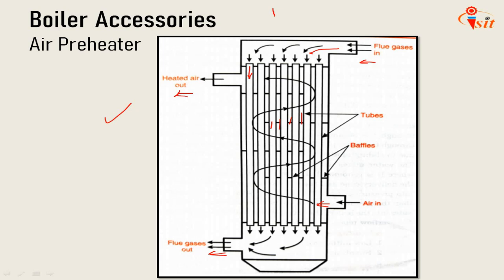These gases reverse their direction near the bottom of the air heater and a soot hopper is fitted to the bottom of the air heater casing to collect soot. Okay, so that is the tubular type air preheater. In the plate type air preheater, the air absorbs heat from the hot gases being swept through the heater at high velocity on the opposite side of the plate. Okay, so that is about the air preheater.